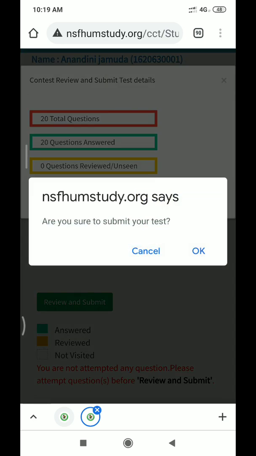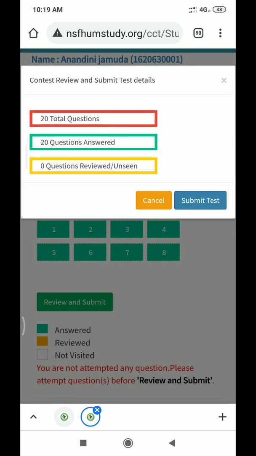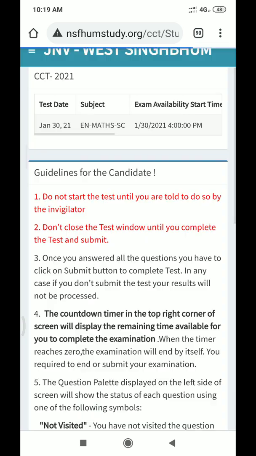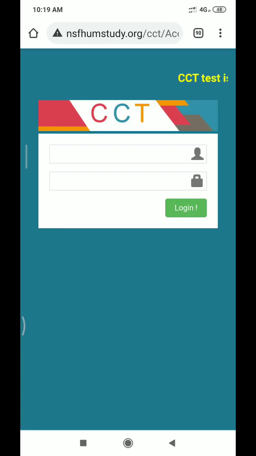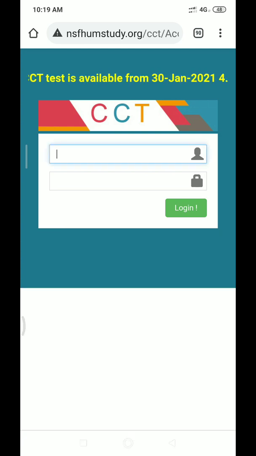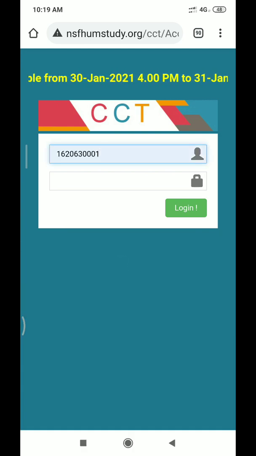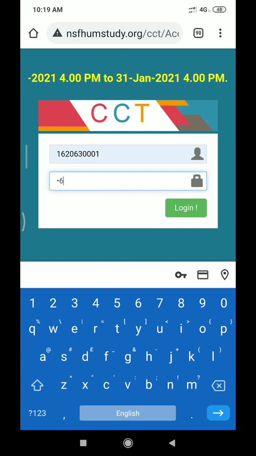Are you sure you want to submit your test? It is appearing. Okay, you can click. Now it is showing completed, your exam is completed. Otherwise, you can once again click on this and login once again.